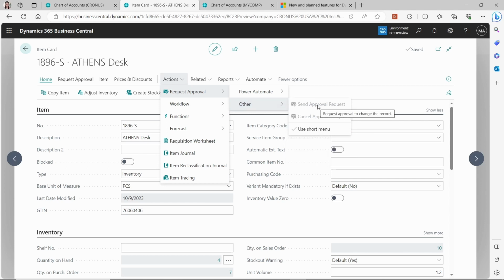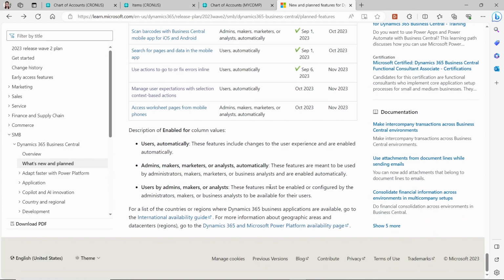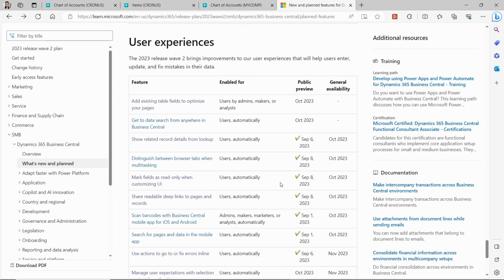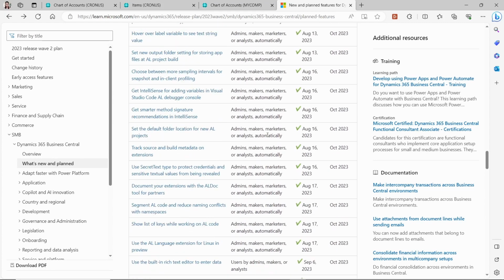If I already send approval request, right, then only a cancel approval request button is available, I don't even need to see the send approval request anymore. So in this version, based on what you selected, the actions will be changed according to what you selected. Okay, so that's basically all the features I see, which is important and interesting to a Business